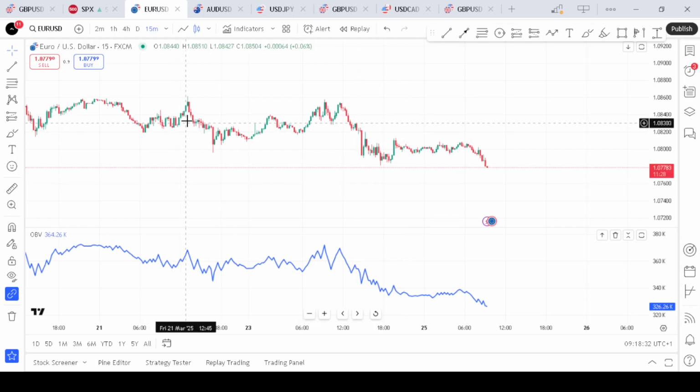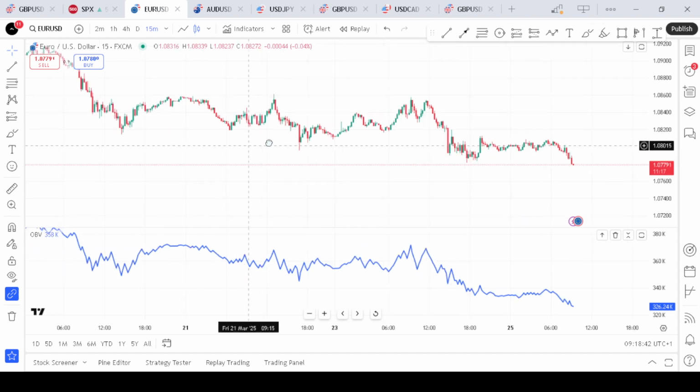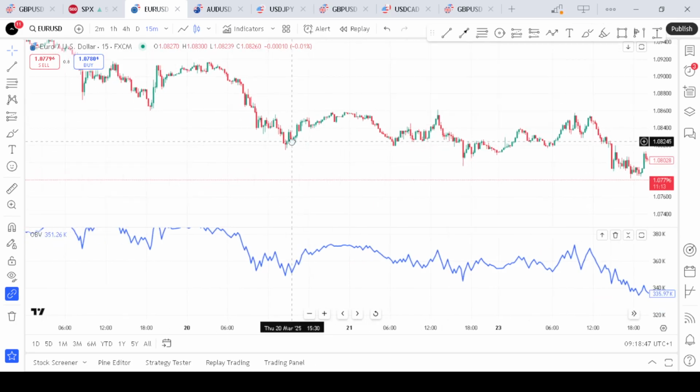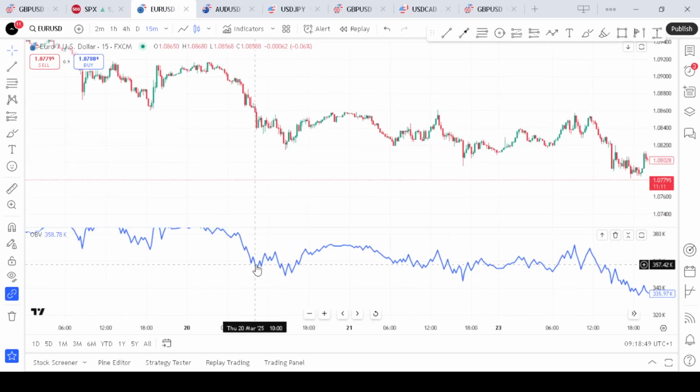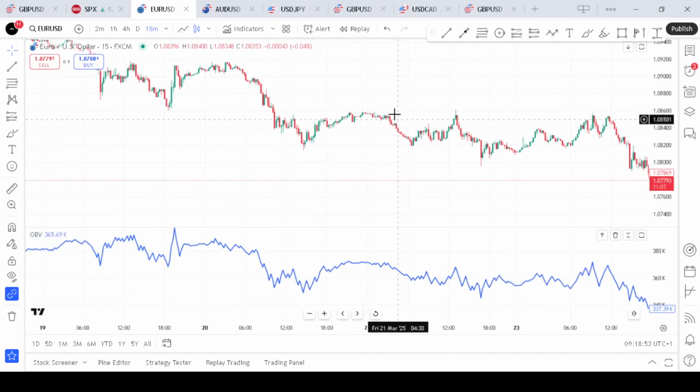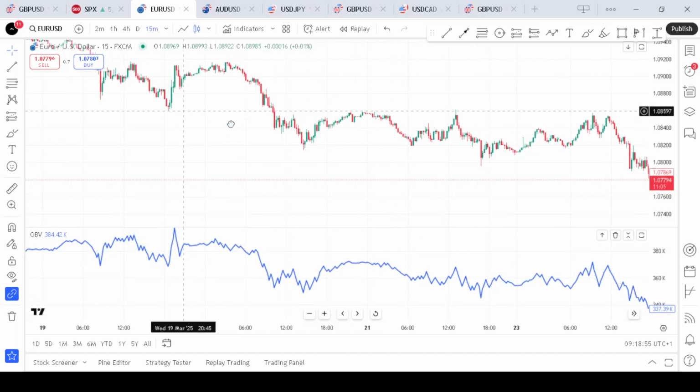When you spot this on your chart, you would note that this is indicating weakened upward momentum. When you notice price is rising but the OBV begins to fall, this typically means that we are going to expect